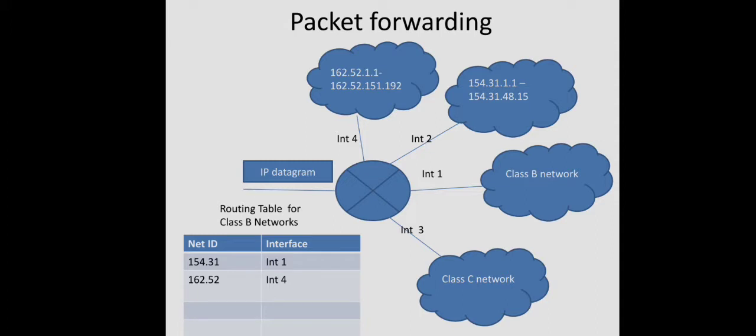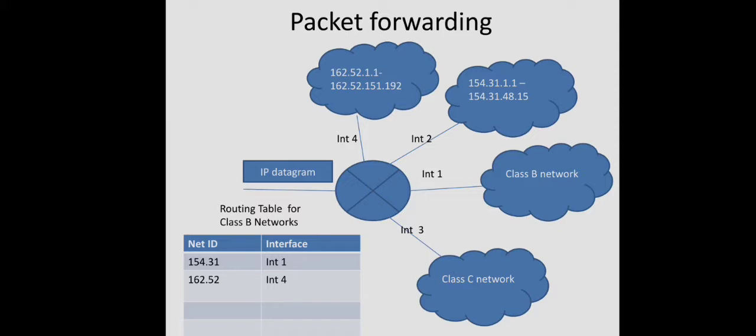So every multi-protocol router will contain a set of routing tables. Corresponding to each class of network addresses, it will have a separate table. And as you remember, in the classful addressing scheme, the address mask is different for different classes, right? We cannot directly apply the same mask for every address, right? So based on the class, we have to apply the corresponding mask.